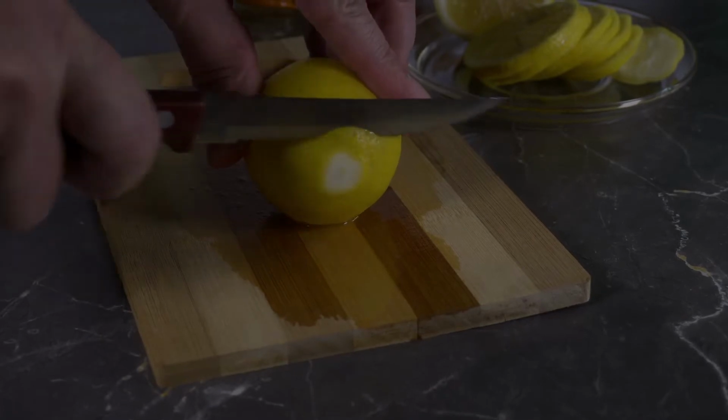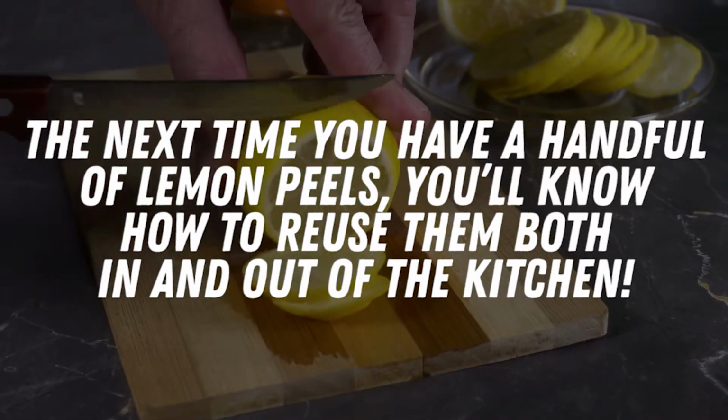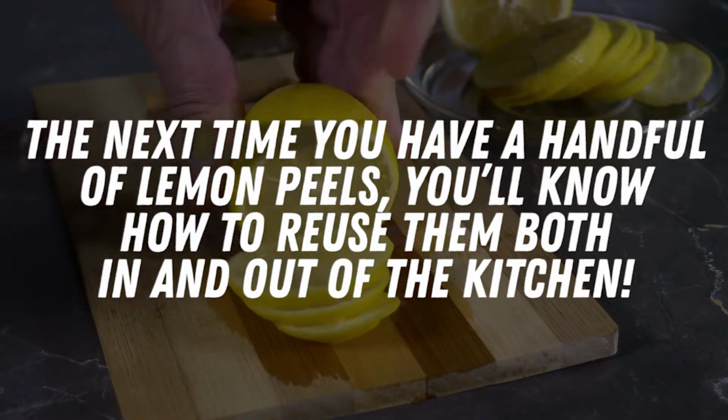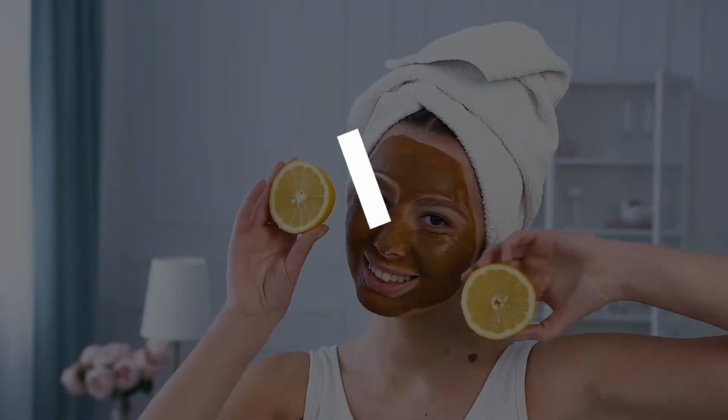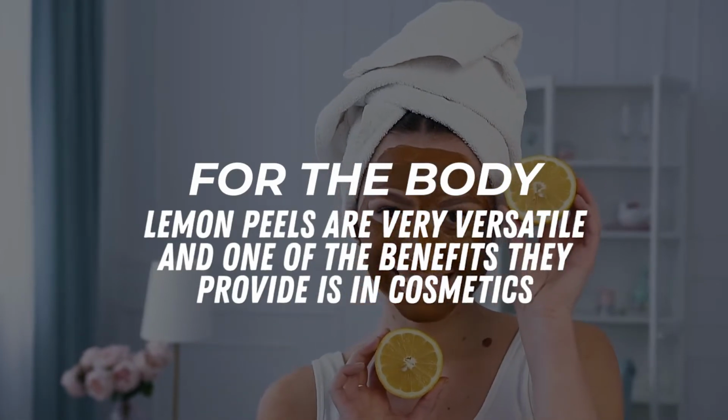Remember these tips that we're going to teach you so that the next time you have a handful of lemon peels, you'll know how to reuse them both in and out of the kitchen. Let's get started. For the body, lemon peels are very versatile, and one of the benefits they provide is in